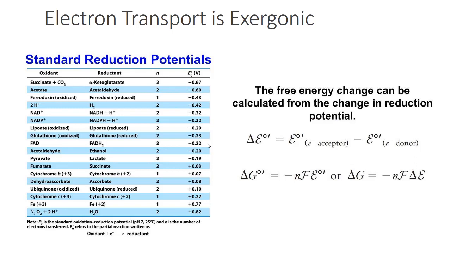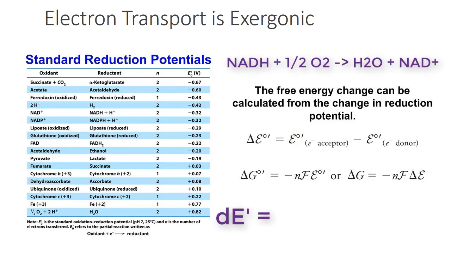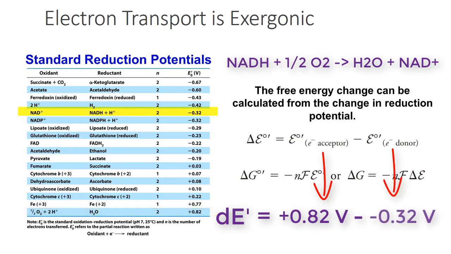For example, if we want to calculate the change in reduction potential for the overall transfer of electrons from NADH to O2, we would calculate plus 0.82 for the reduction of O2, minus negative 0.32 for the oxidation of NAD+, to get the value of plus